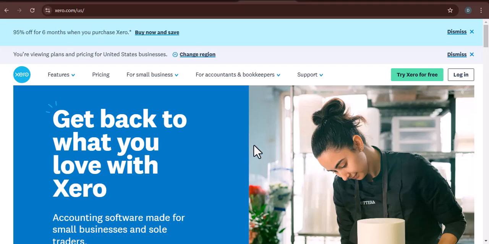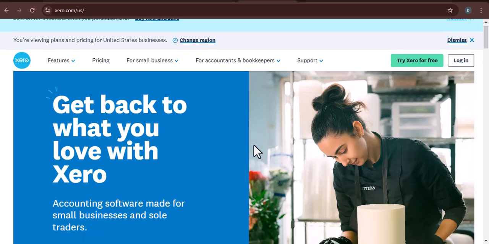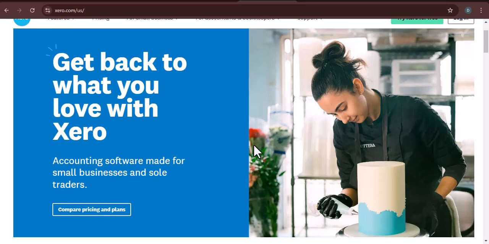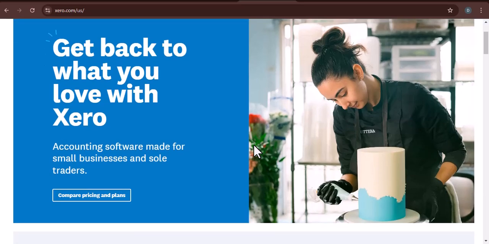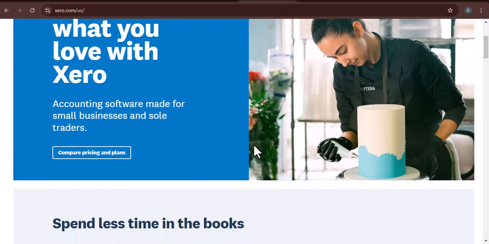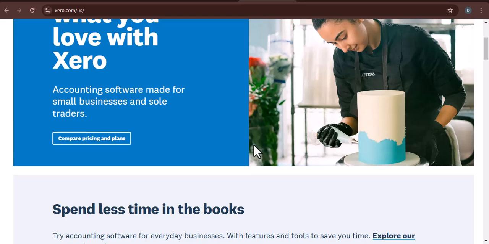Ever felt like your Xero account is missing a vital piece of the puzzle? Maybe you're struggling to reconcile transactions, or maybe you're just tired of manually entering bank statements. Well, you're not alone. Today, we're diving deep into how to add a bank in Xero, making your accounting life